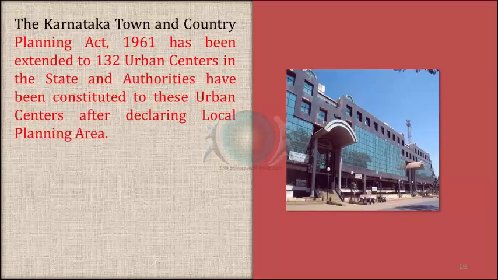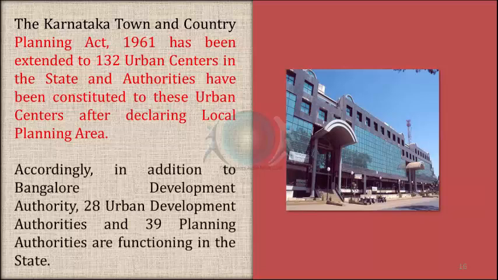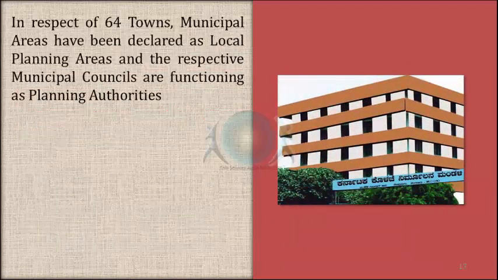Karnataka Town and Country Planning Act of 1961 has been extended to 132 urban centers in the state, and authorities have been constituted to these urban centers after declaring local planning area. Accordingly, in addition to Bangalore Development Authority, 28 urban development authorities and 39 planning authorities are functioning in the state. In respect of 64 towns, municipal areas have been declared as local planning areas, and the respective municipal councils are